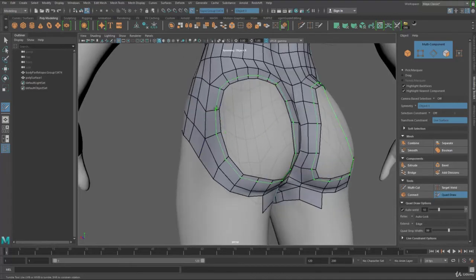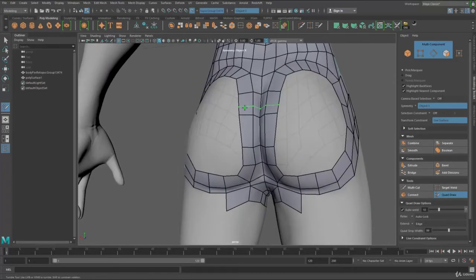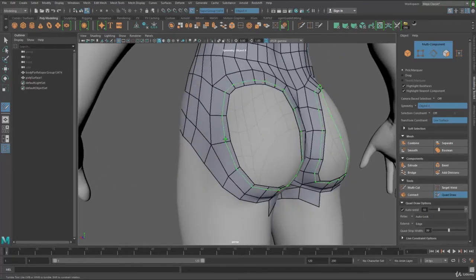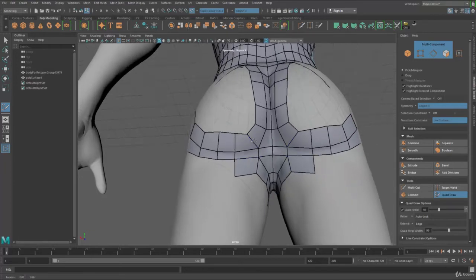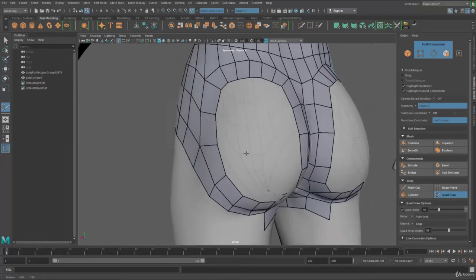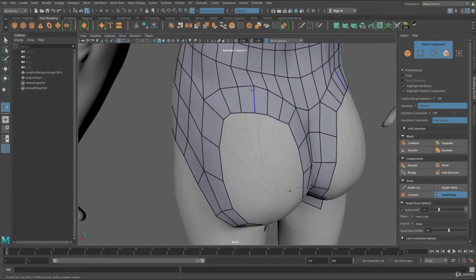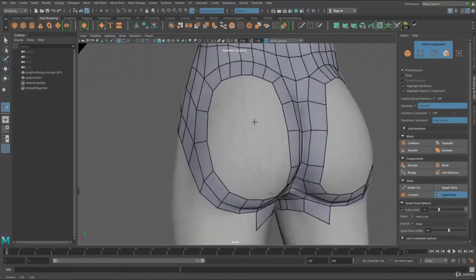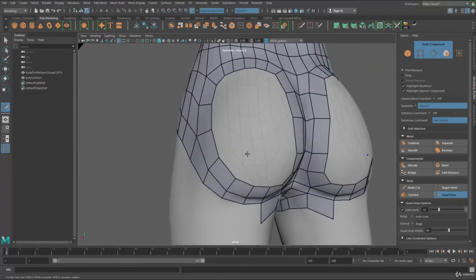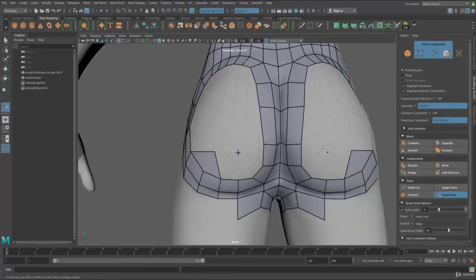Now you can see I have this loop over here. Okay, so this loop again is the landmark, right, for the butt. Excuse me. So I have that, and then I can just fill in the empty part in the middle, right? So what I can do is I can just go ahead and start to connect. I'm not sure where do I connect these guys yet, but I can try something first and see if